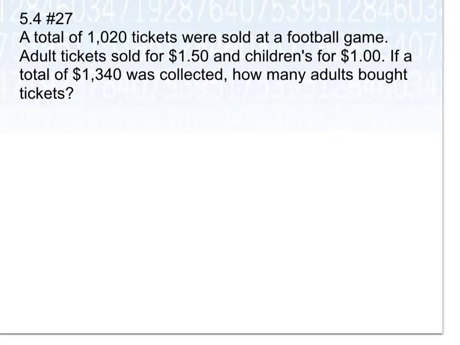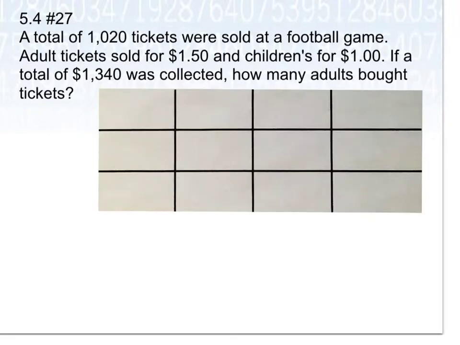First thing I want to understand is that this is a ticket problem, and for ticket problems, we are going to want to make a chart. So I'm going to start by writing the chart out. The next thing we'll do is label the chart. Since this is a ticket problem, we're going to start off with the type of ticket, the number of tickets,